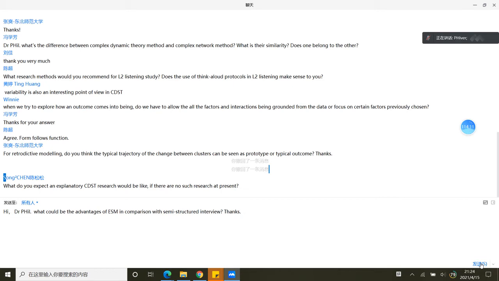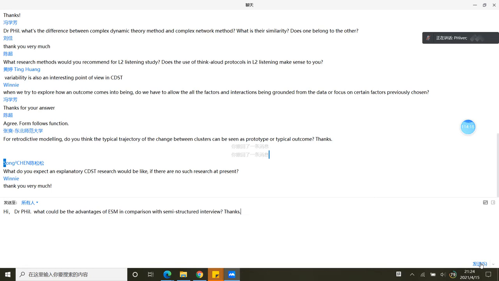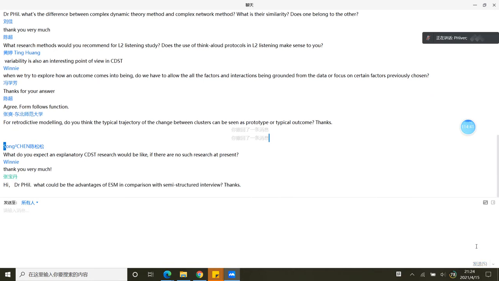Someone asks, for RQM, retrodictive qualitative modeling, does the typical trajectory of change between clusters, is it a prototype or a typical outcome? So that's a good question. Remember, RQM has several steps, and it's only the last step where we really focus on trajectories of change. So I think we have to begin with typical outcomes in order to understand change. I don't think they're the same thing. I think by separating them, we can keep